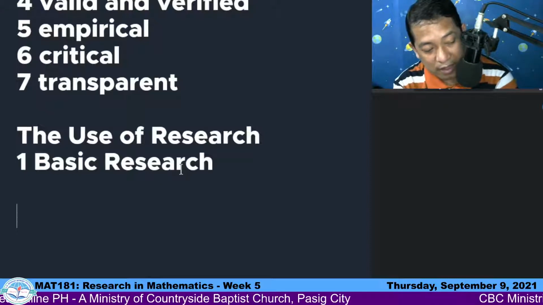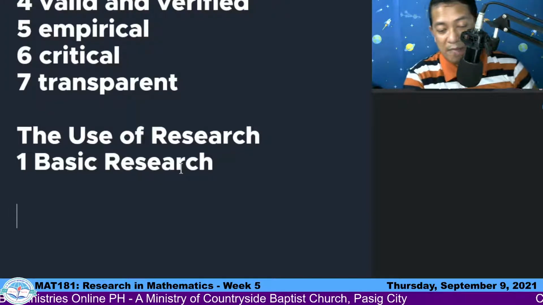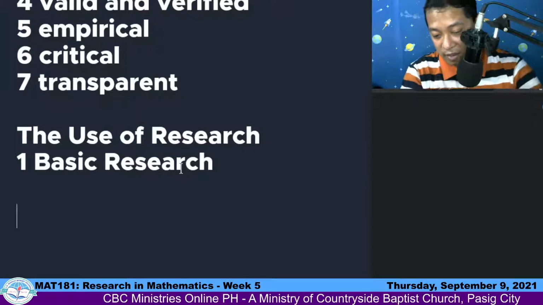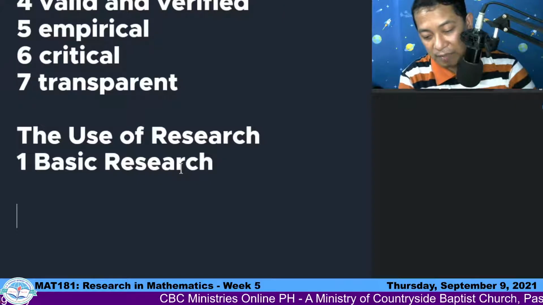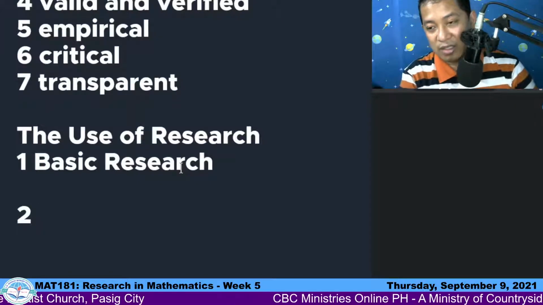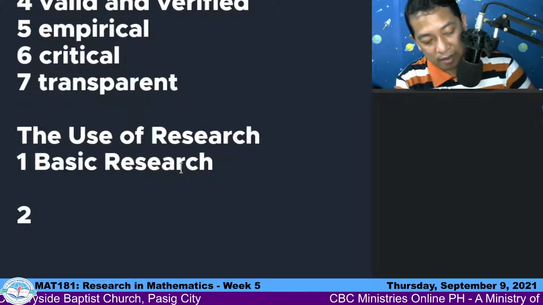Alright? And then yung applied research, ito talaga yung basic, no? Yun yung kaninang tinutukoy natin, exploratory. Yung exploratory research. These are basic research. So yun talaga yung pagbabatayan ng future researches. So yung mga empirical data na yan. No? And then we have